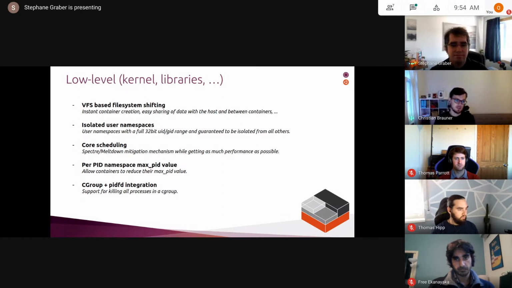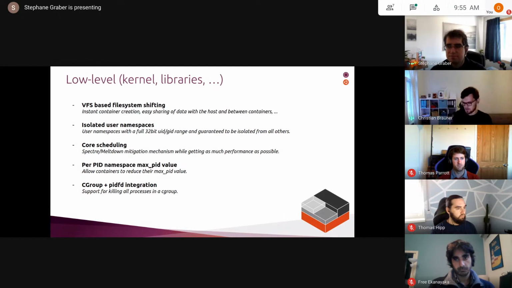And also, for example, for systemd-homed, which has similar concepts, where you take your home directory to another computer where your UID might be different from the one that you have on your home computer. With VFS-based file system shifting, or the feature, as I like to call it now, ID map mounts, this really becomes easy as you can expose it as whatever UID and GID that you like.